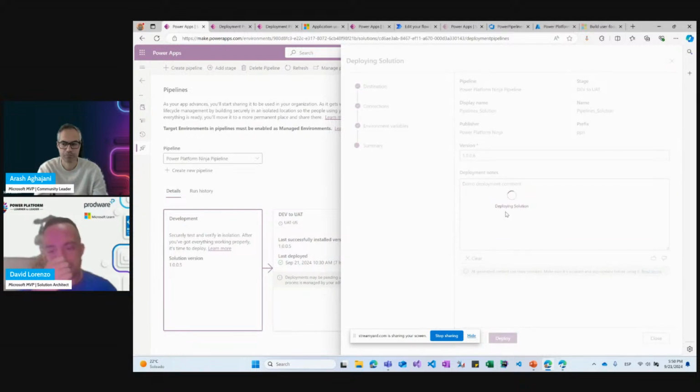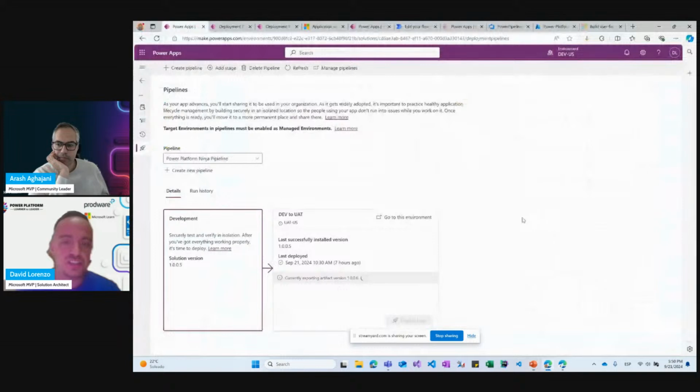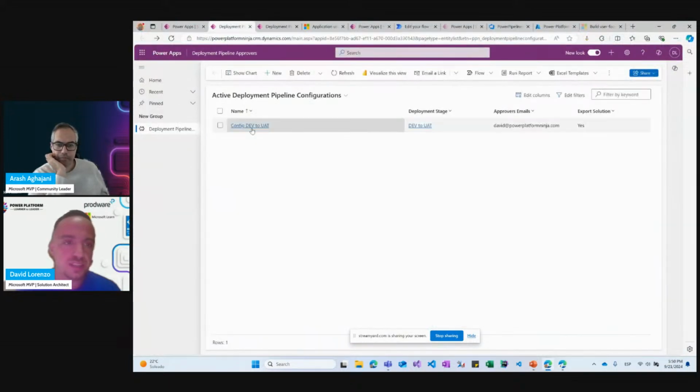So in this moment, the process is starting through here, going down the pipeline in the different stages. As we haven't checked this stage in the stage configuration, we can see it here.